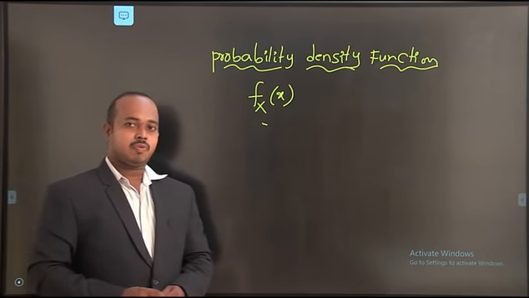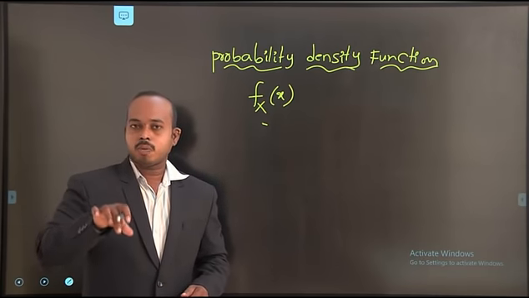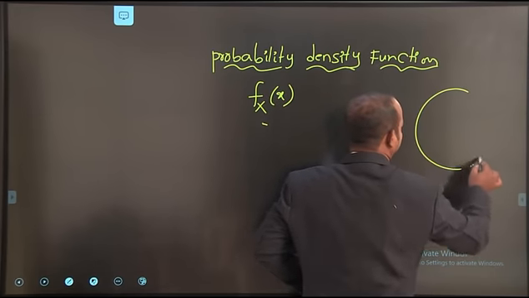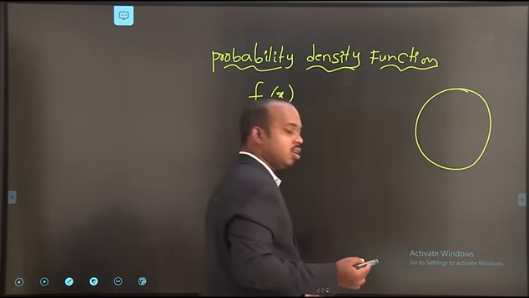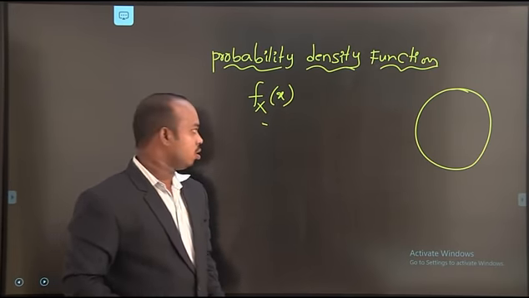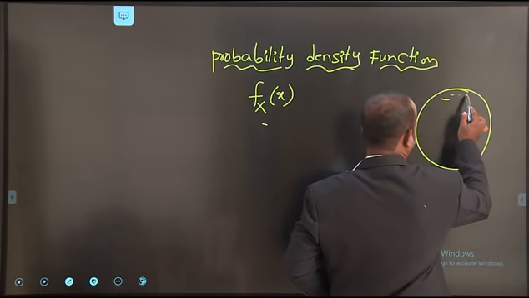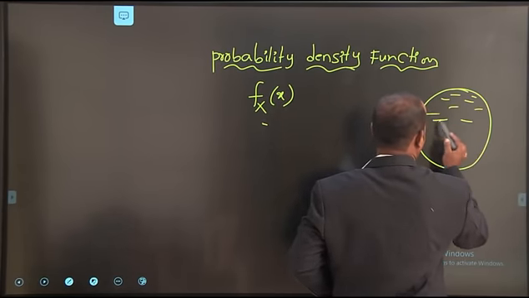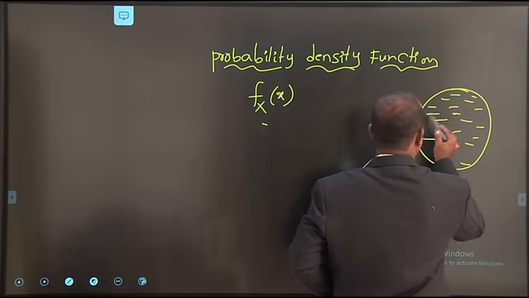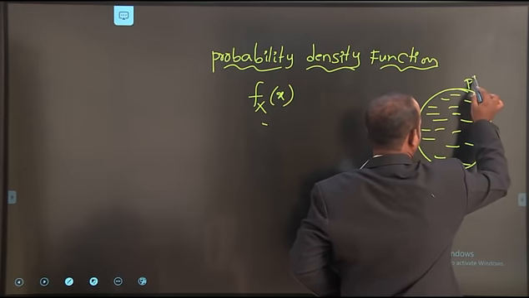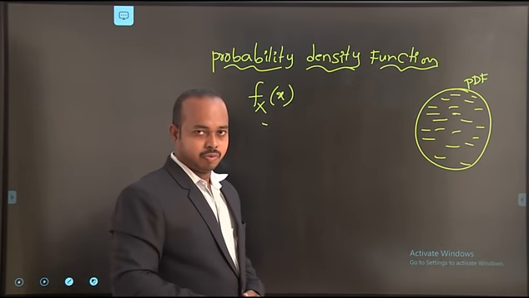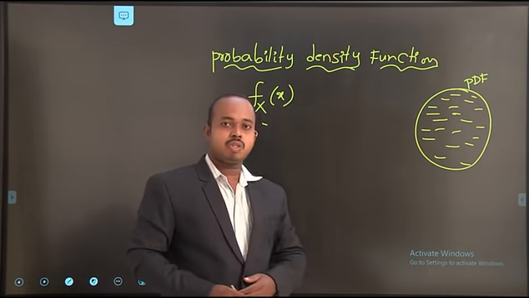The probability density function we define on the probability distribution. We already know that probability distribution is the occupation of elements, or the spreading of elements in a certain area, and is called distribution. Here I am writing elements. The spreading of elements represents the distribution. This entire one is the distribution function. Here I am representing capital P, capital D and capital F. This is the probability distribution function.